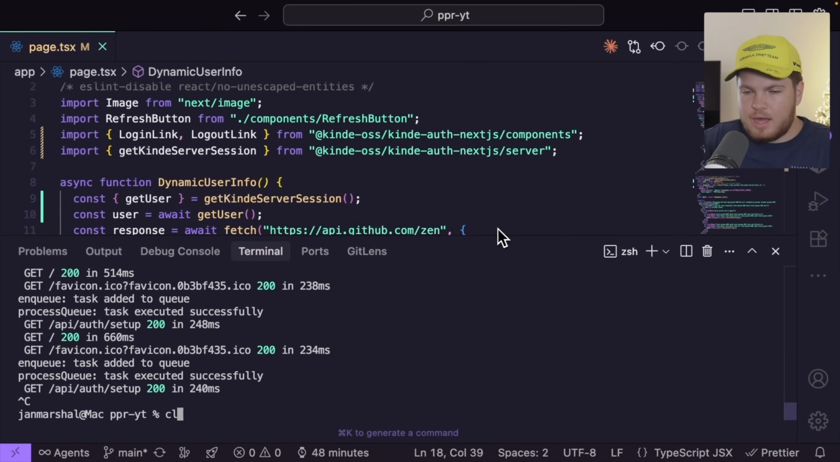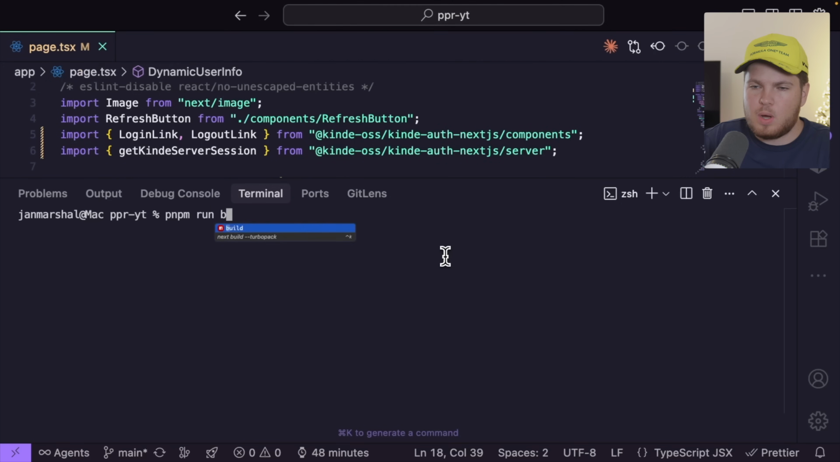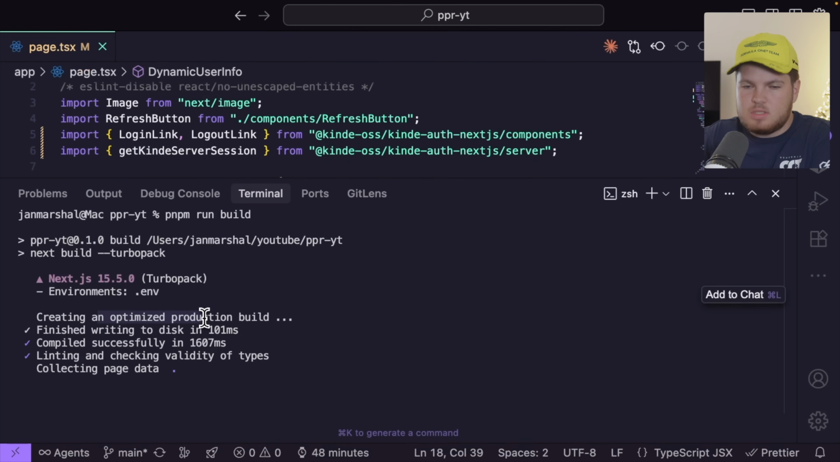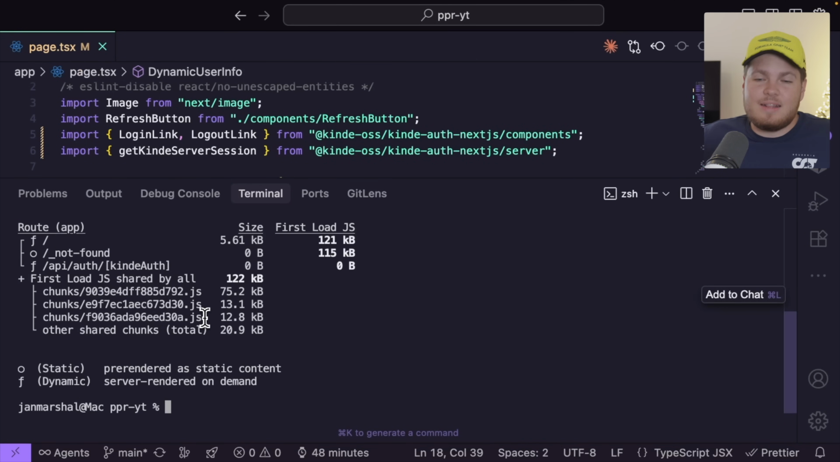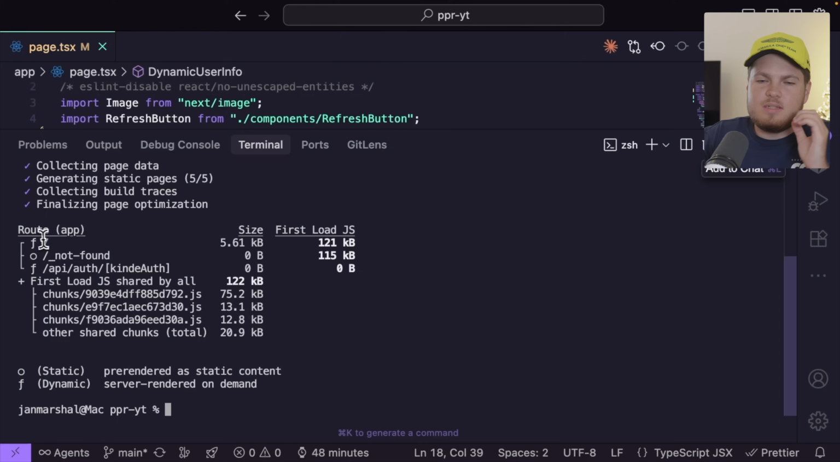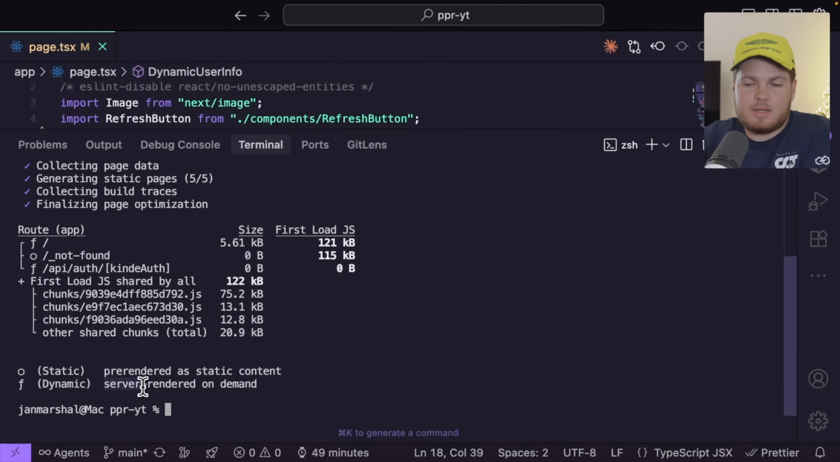Let's also quickly build the application. So in the terminal, I can stop my dev server, and inside of here, I will run pnpm run build. This will again create an optimized production build, and it will also pretty much generate static pages, at least if we have any. And as you see here, let me make it a bit bigger, this index page is now a dynamic route, and that's because we have this F,